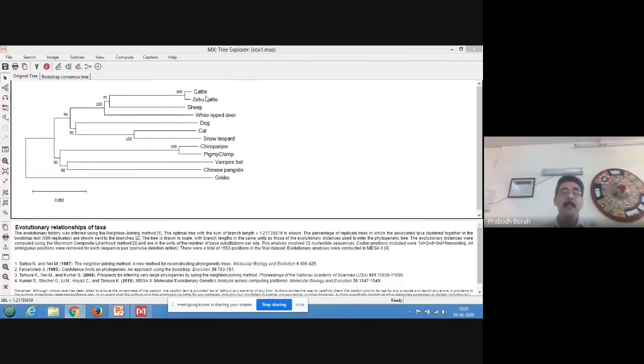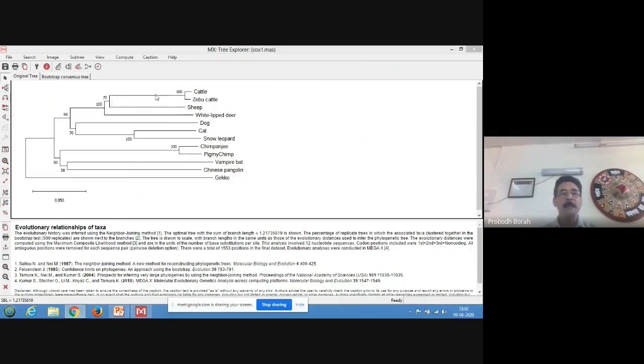That means it is almost certain that zebu cattle and cattle will remain in the same clade in the phylogenetic tree, because out of 100 times, all the time it appeared together in the same clade. These branches are therefore more valid.